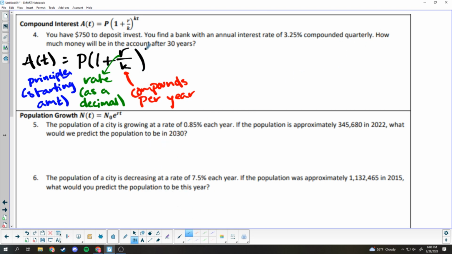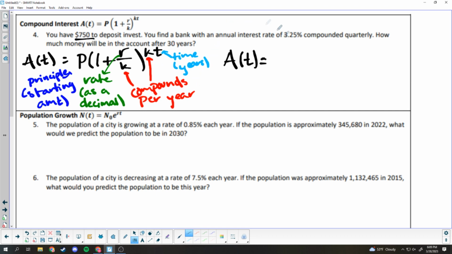And then it's to the power of k times t. K is the same in the bottom of the fraction as it is in the exponent. And then t is, of course, time. And that's always measured in years in this case. All right, so let's set up our equation with all the information that they gave us in the problem. Our amount with respect to time is going to be equal to my starting amount, my principal, which was how